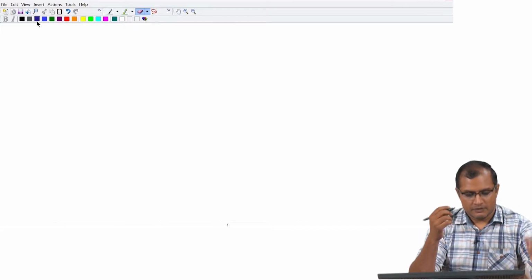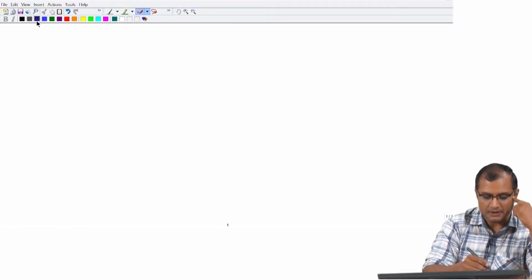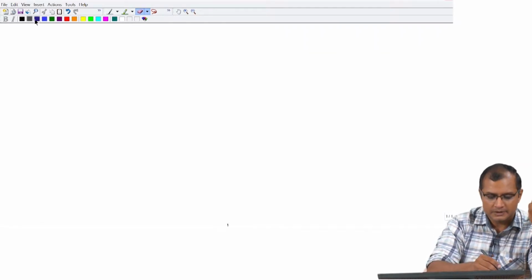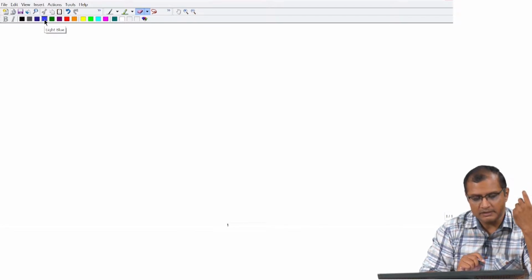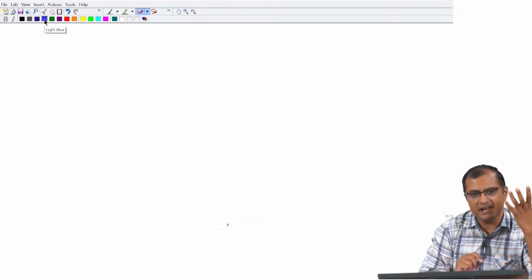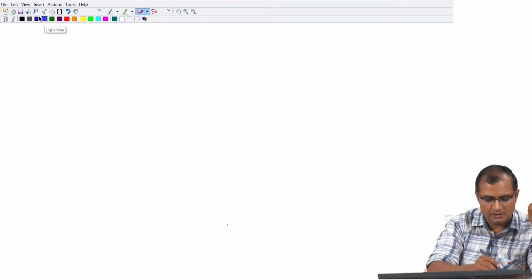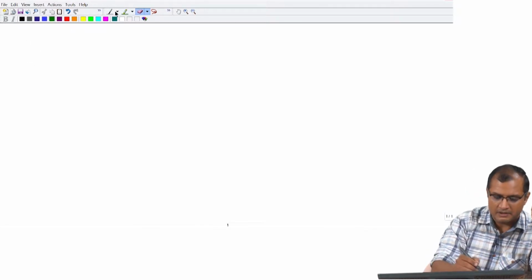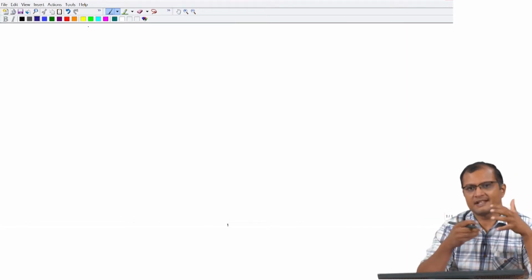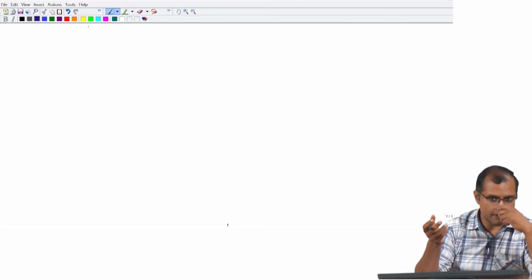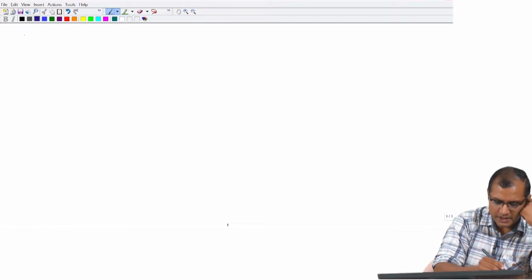So, good afternoon students. Today we will start with the case of classical ideal gas as a discrete degree of freedom example of the Gibbs canonical ensemble. Like I always do in this course, I choose examples having both continuous degrees of freedom and discrete degrees of freedom. So, in the case of Gibbs canonical ensemble,